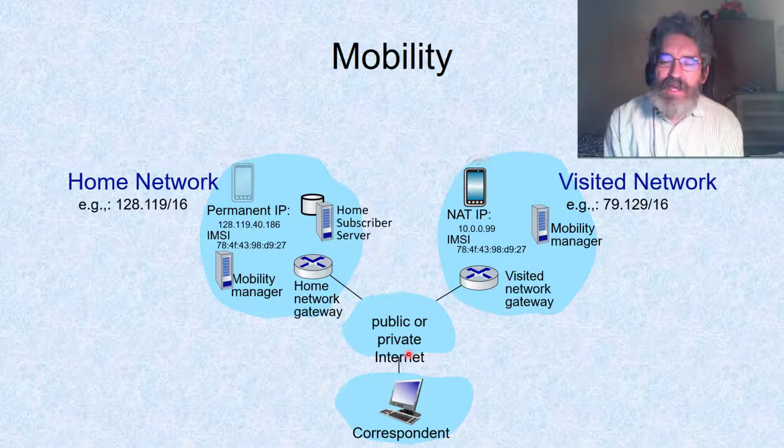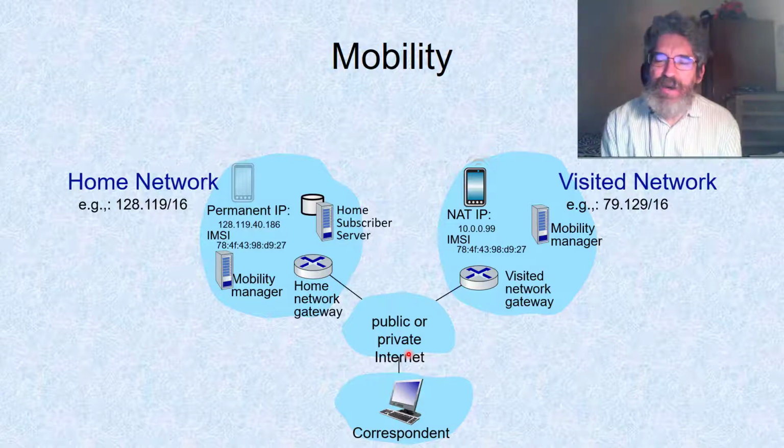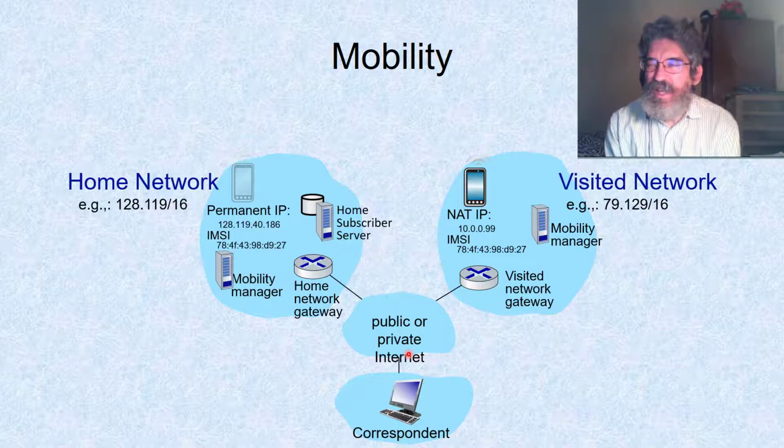Now, this would theoretically work. On the other hand, you think about how many people would be traveling, particularly with cell phones more so than Wi-Fi. If I wanted to keep my same IP address when I'm in Denver, you'd have to do that for every single phone, which means scaling is going to be a mess. It is just not going to handle millions of users.